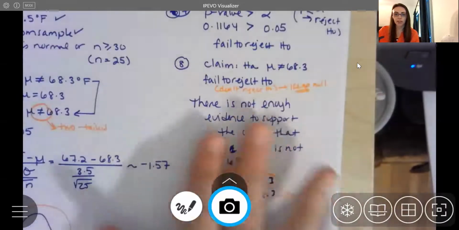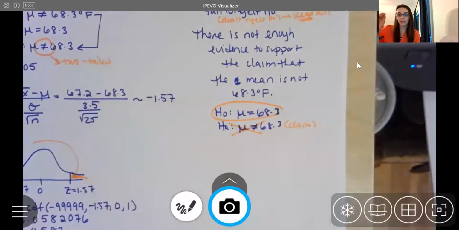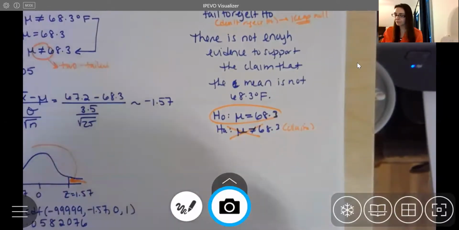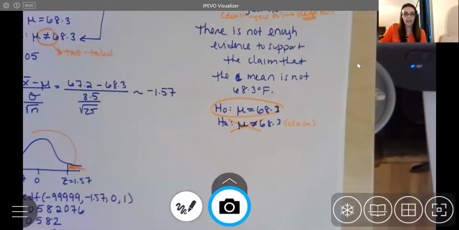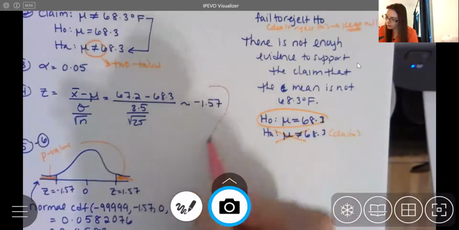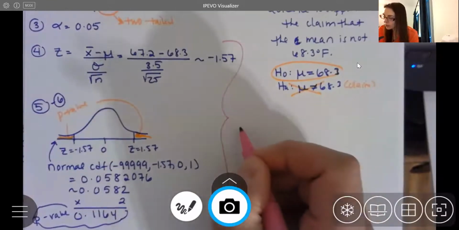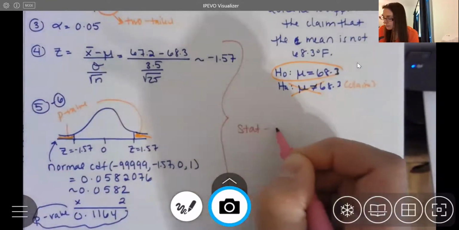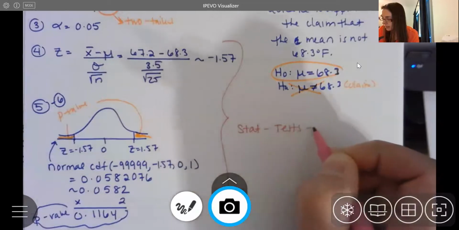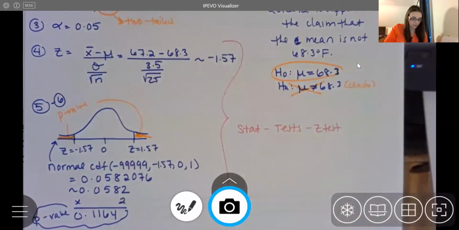So if you find that table not as helpful, think about it this way. Kind of think about, okay, well, what are you accepting? What are you rejecting? And then use that to figure out how to do your wording. Now, one last thing, let me show you that other technology piece. So let's say you would like to do steps 4, 5, and 6 on technology at once. So what you're going to do is press stat, go to tests, and do a z-test. So if I go to my calculator here,